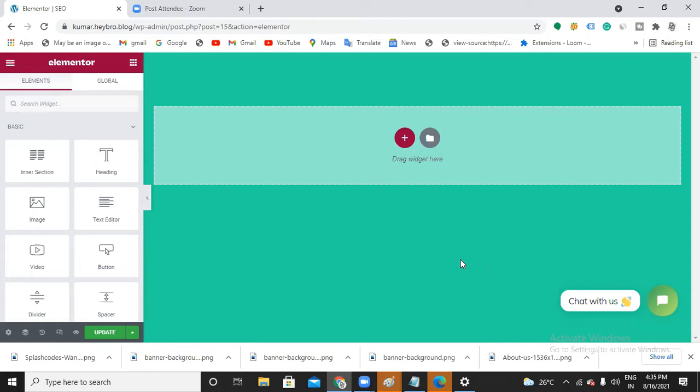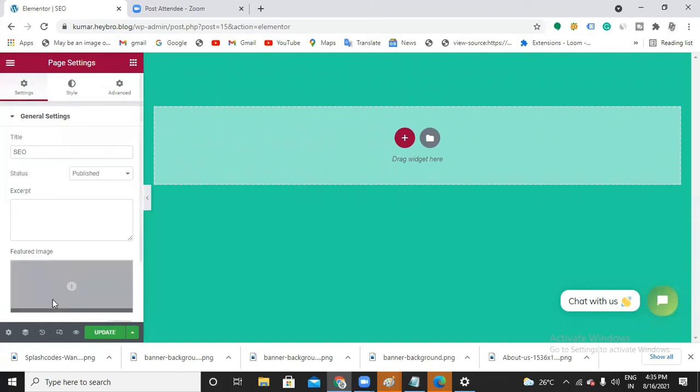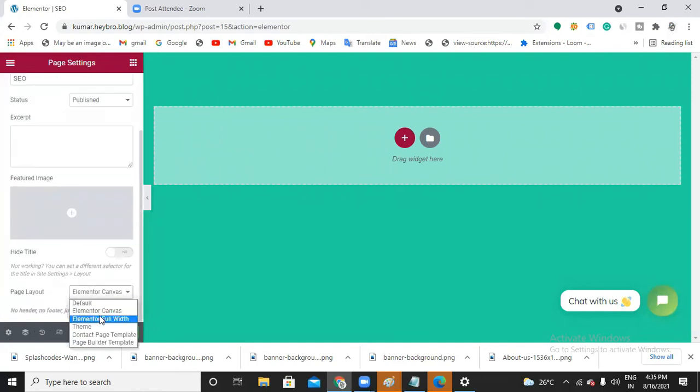The thing is, in the previous layout, we had a header section, menu, sidebar, and a footer section. So we can do the Elementor thing within the website, in the middle part. Whereas here, no header section, no footer, no sidebar. It's completely a blank page, right? This is Elementor Canvas. The next, Elementor Full Width.